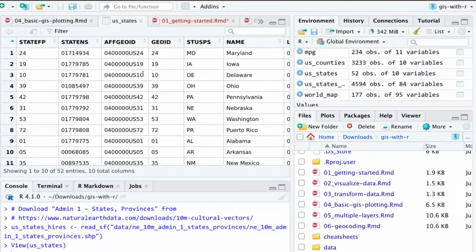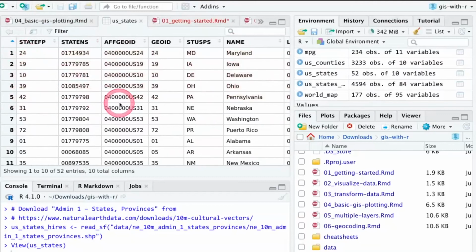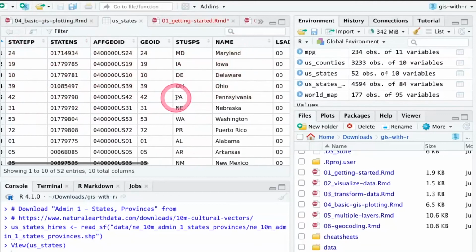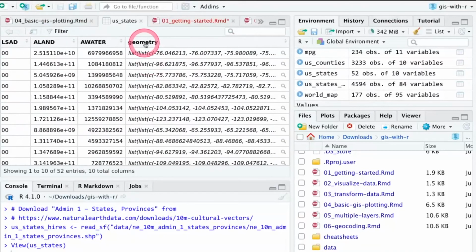It doesn't have to just be coordinates for geography stuff. So here we have the state name, the state abbreviation. We have these FIPS codes, which is the Federal Identification System for states and counties. So this lets you actually merge other data into the shapefile. So if you have state level data based on FIPS codes, you can bring that into this data set and then plot it. If you scroll all the way to the edge though, you have this column called geometry,